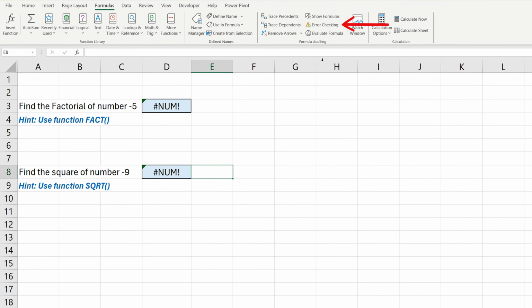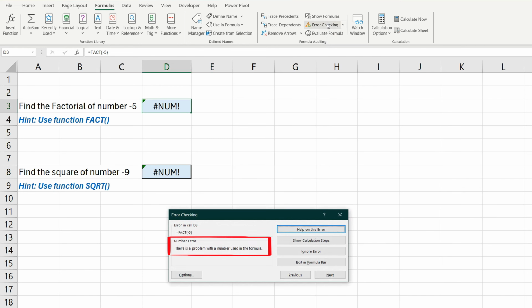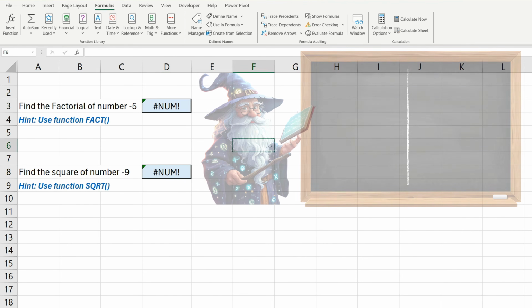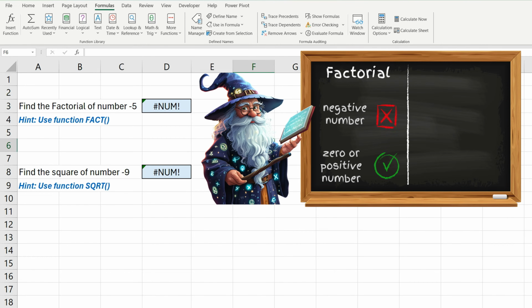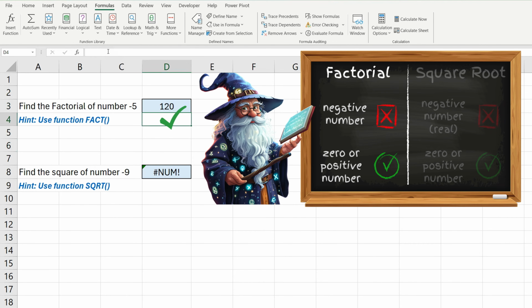Let's review the errors. There is a problem with the number used in the formula. Both functions deal with mathematics. For the first one, we cannot calculate the factorial of a negative number. The input was incorrect. Instead of -5, let's use 5. Now it works. As for the square root, we cannot calculate the square root of a negative number in mathematics unless the number is imaginary.